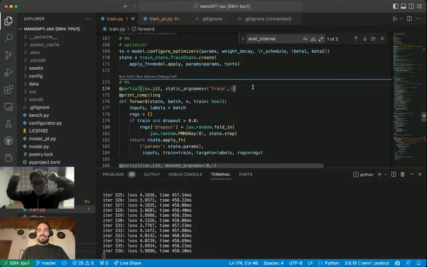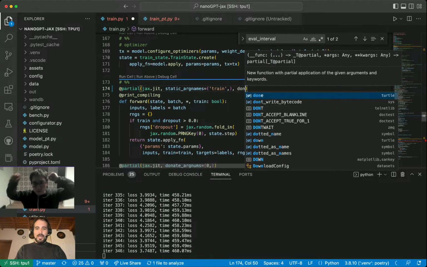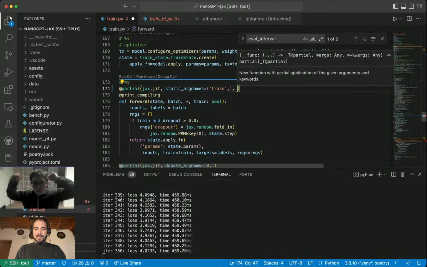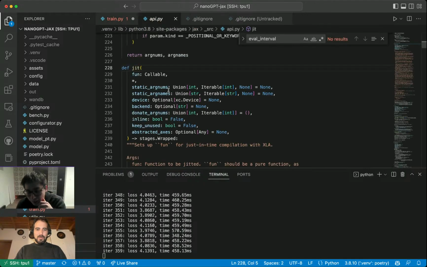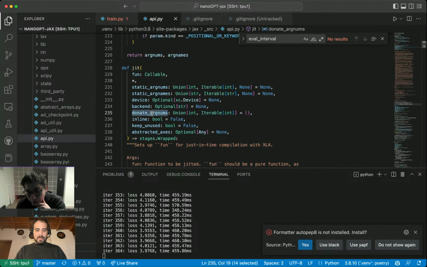Yeah, the additional optimization I wanted to do, maybe I could do it now, is to donate. Donate args. Yeah, sometimes it's a little bit problematic, but